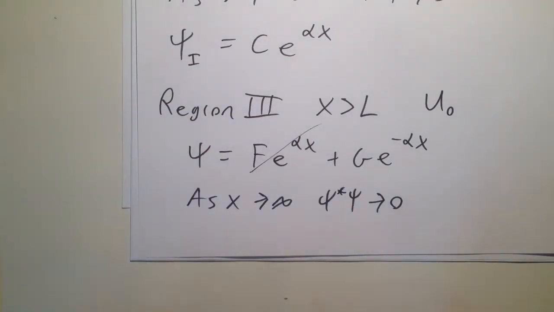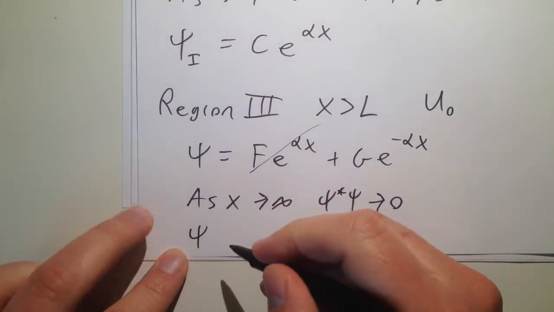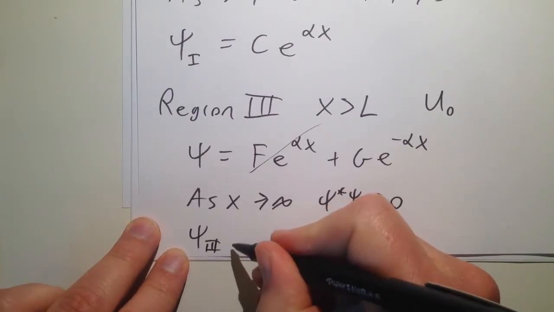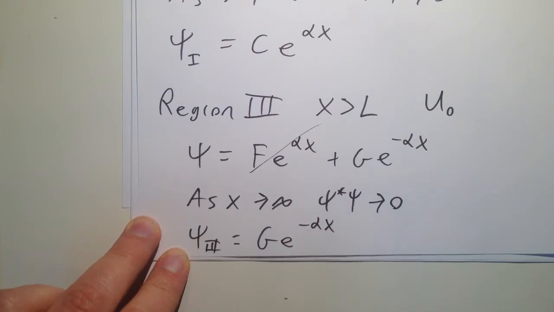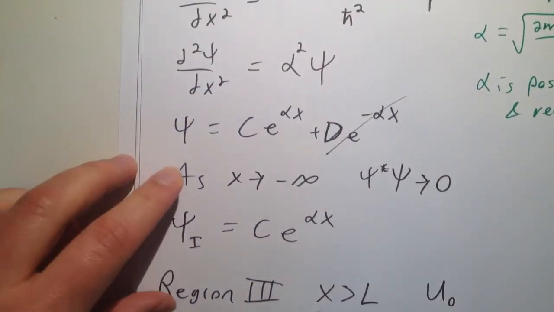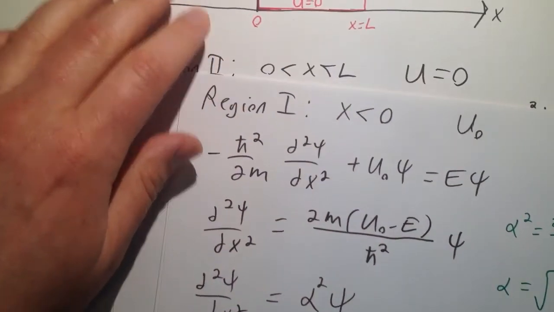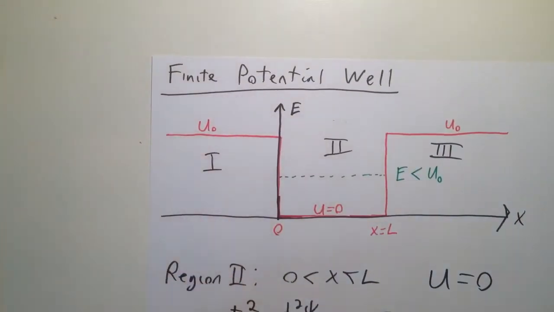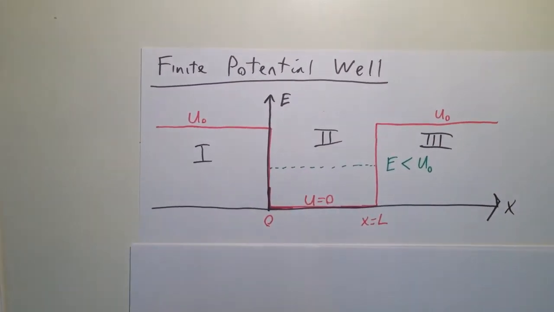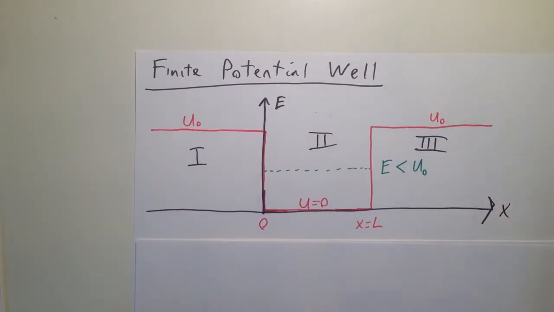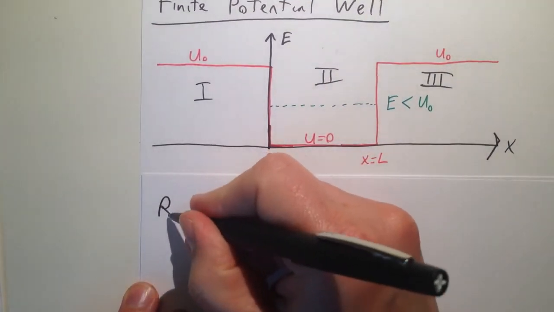And so in this region, the wave function in region 3 is equal to g e to the minus alpha x. So we've now solved for the wave function in each of these 3 different regions. Let me get a new piece of paper out here and rewrite these for you. So what we found is that in region 1,